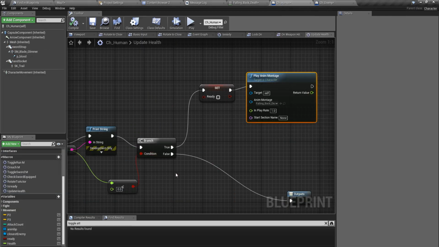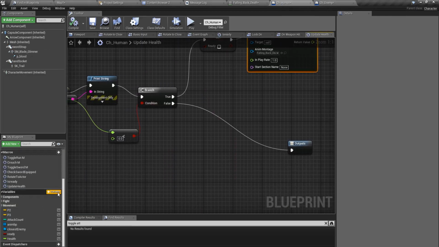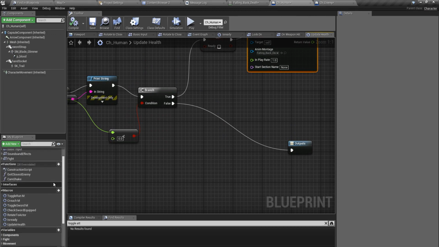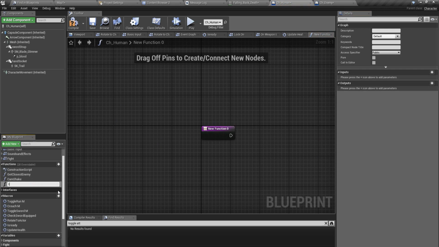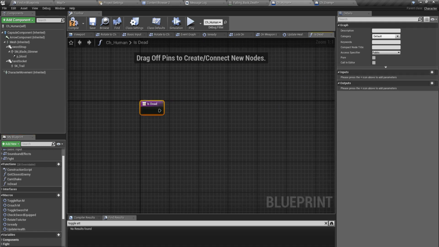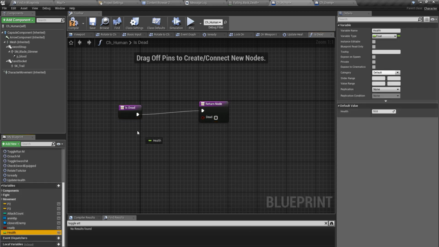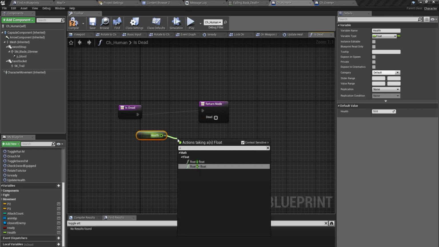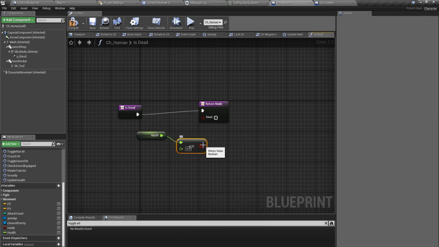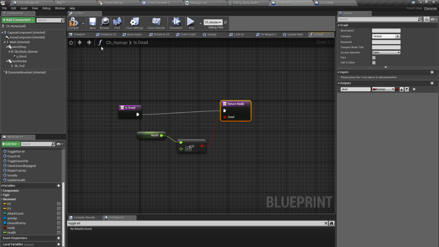First I will create a function to check if this character is dead or not. Is dead, and for the output I'll add a boolean dead, and I should check here if this is less than or equal to 0. Okay, now